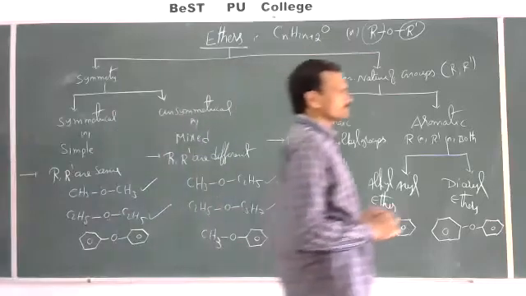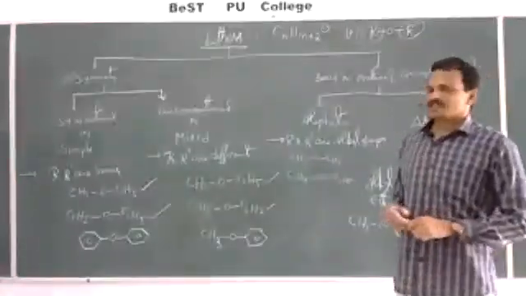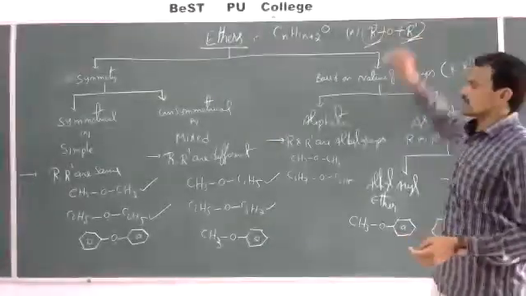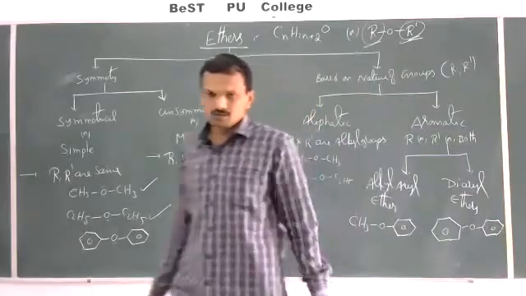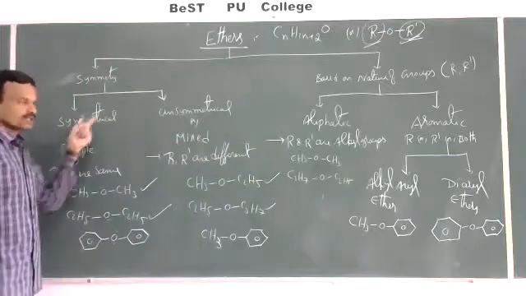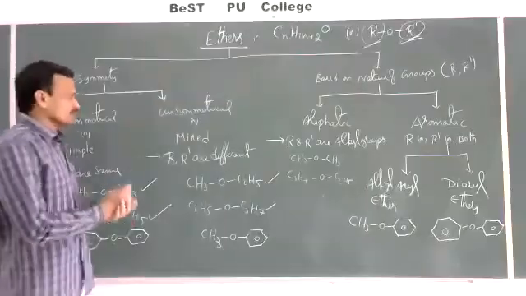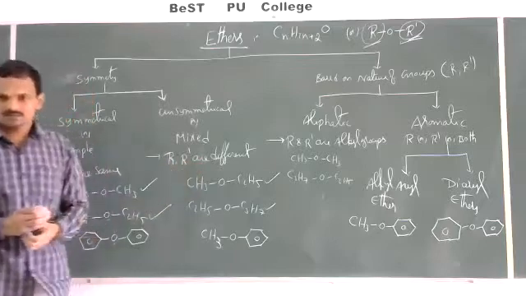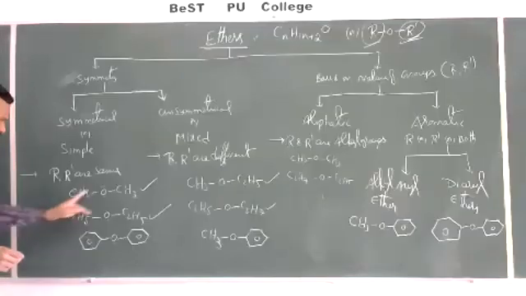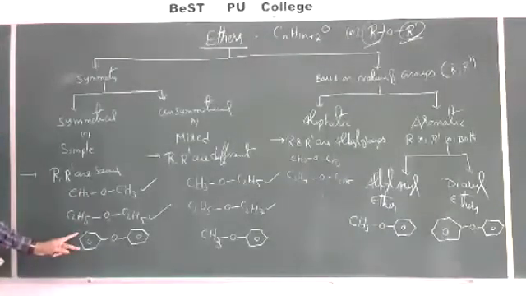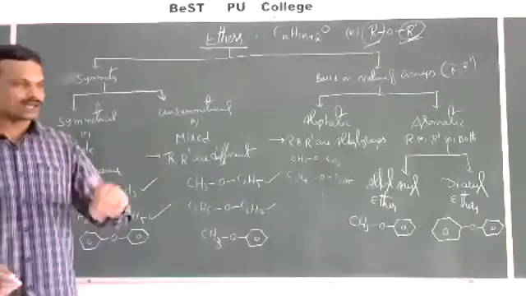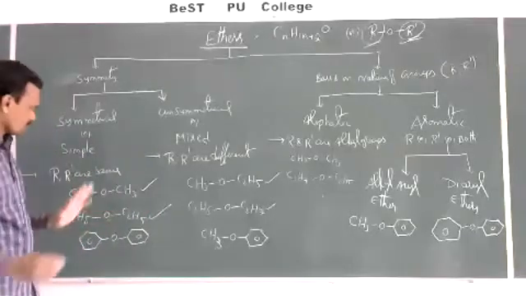Let us see once again. Ethers are classified based on the symmetry, meaning what the two groups attached to the oxygen atom, that is R O R dash. If both R and R dash are same, they are called symmetrical ethers. If R and R dash are different, they are called unsymmetrical ethers. And same means they may be either alkyl or aryl, whatever it may be. So here in these two, both are alkyl groups. In this, both are aryl groups. So both groups must be same, that's all. Whether they may be alkyl or aryl or aralkyl also. Any group it may be.